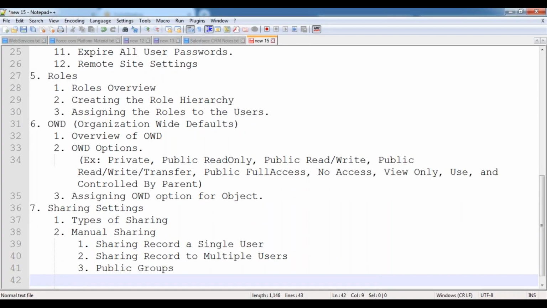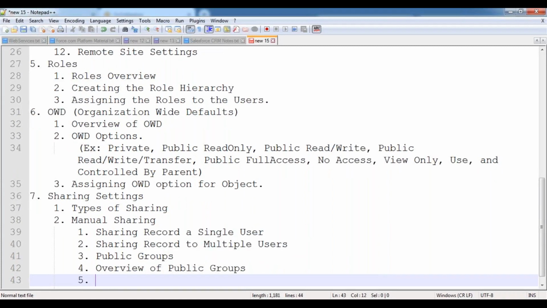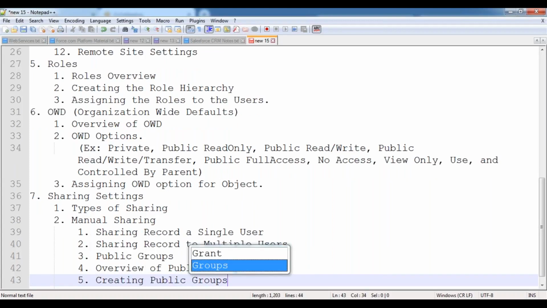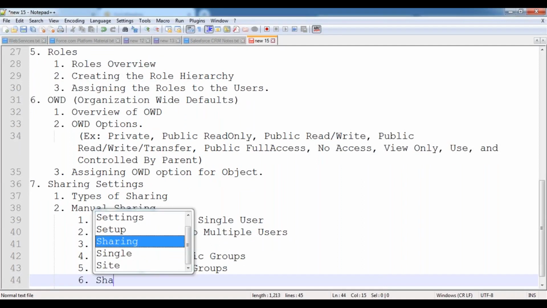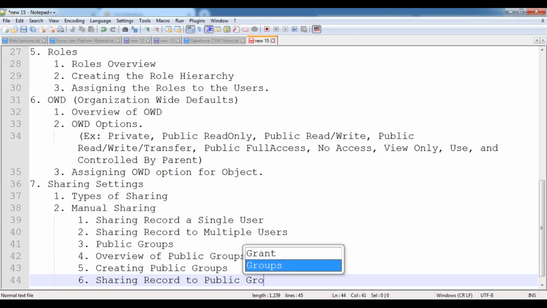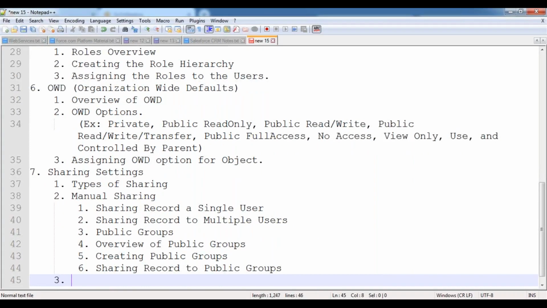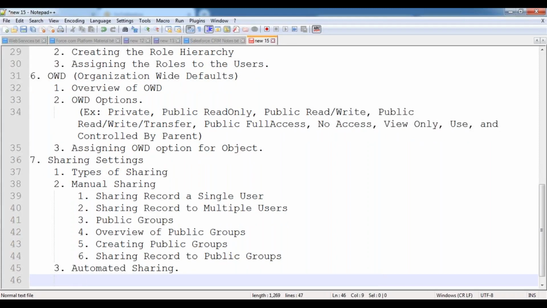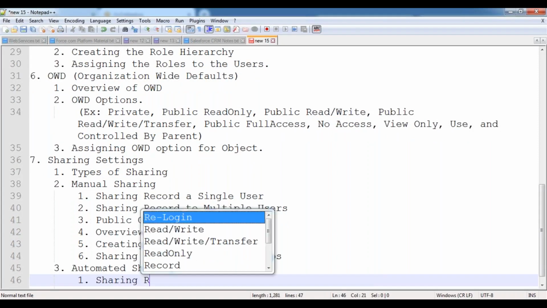Public groups. As part of this, we'll see an overview of public groups, and then creating public groups. And then we'll see sharing a record to public groups. And then we'll see the concept of automated sharing. Here we are discussing the sharing rules